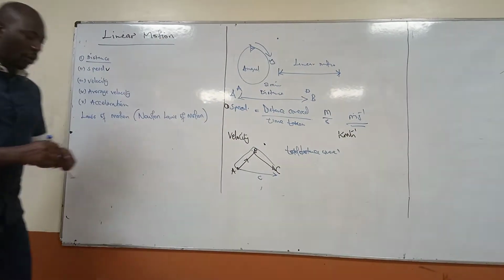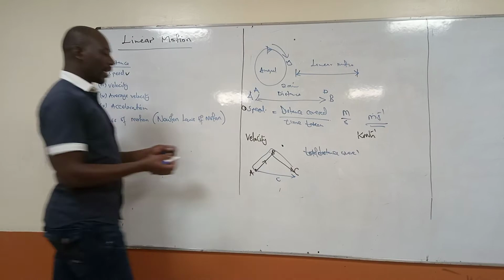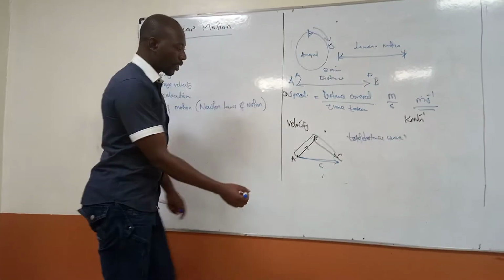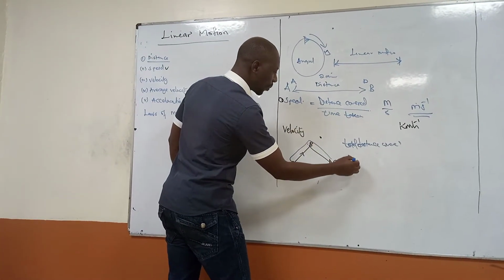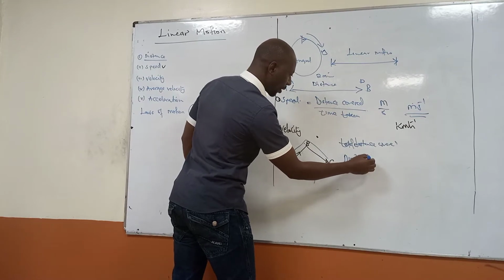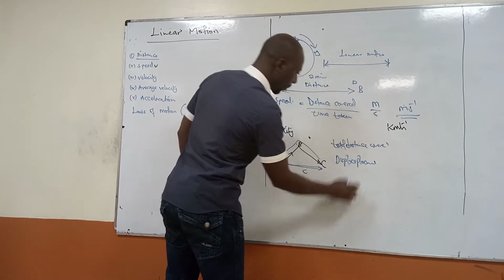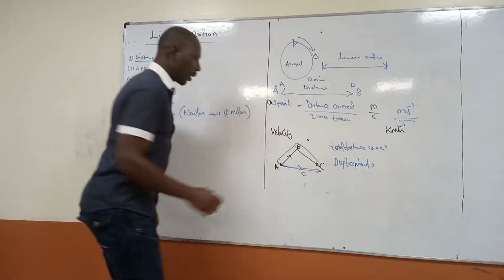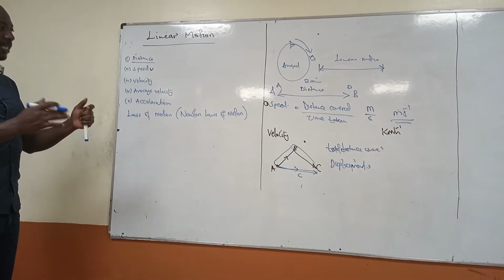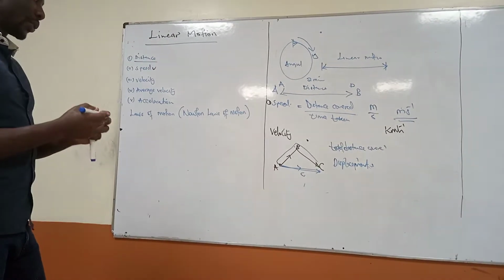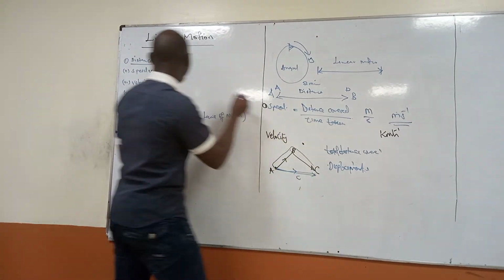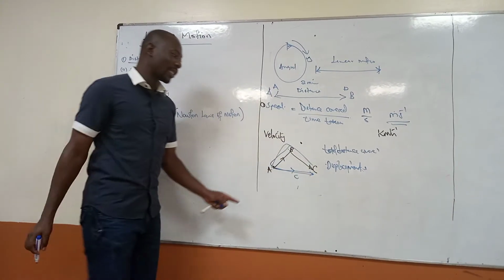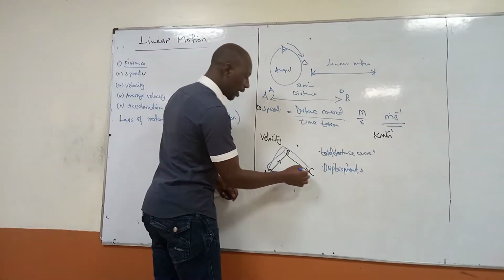But if you compare the vectorial change in position, it just moved from A to C. We assume the B. So the distance from A to C is now called displacement. So what is displacement? Displacement is the distance between 2 points in a specific direction. The difference between displacement and distance is that distance does not have direction. So you can move from here to here, that's the total distance. But displacement has direction.